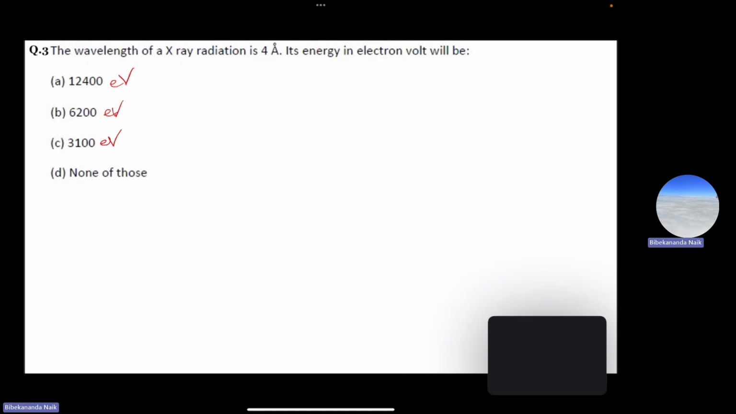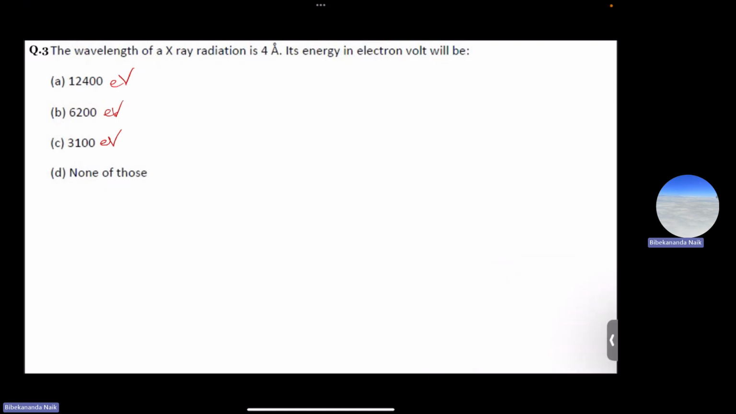So if we discuss, the question says the wavelength of X-ray radiation is 4 angstrom, then its energy in electron volt will be. Similar types of questions we have discussed in the previous sessions also. We know E is equal to h nu, or hc by lambda. If you put the values of h and c and convert energy into electron volt, then the relation comes out as